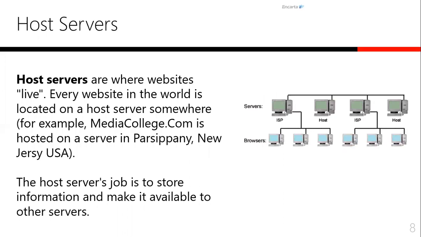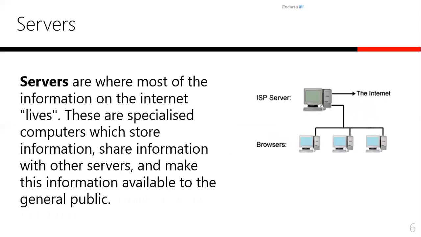So if I say I want to visit a website called alphagalion.org, alphagalion.org is sitting on a hosting server, maybe somewhere in the USA, a company called GoDaddy. But before I can connect to alphagalion.org, I must first gain access to the internet. And that means I need an ISP. So going back to the previous slide, an ISP server. That ISP server helps you connect to another system on the internet.